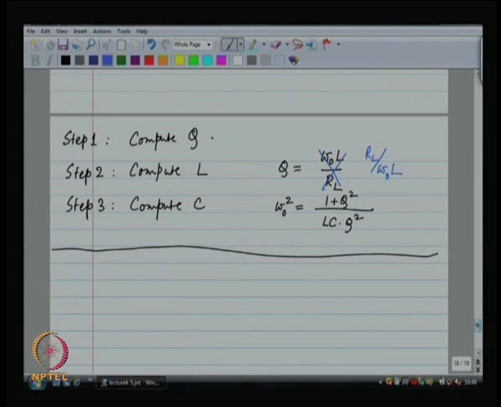How do you remember which formula is for what? When you have an inductor in parallel with a resistor, the larger the resistance, the more the Q. You really do not want the resistor to be there at all. You want infinitely large impedance instead of the resistor for infinite Q. So, therefore, when the inductor is in parallel with a resistor, resistance comes in the numerator, which means Q increases as the